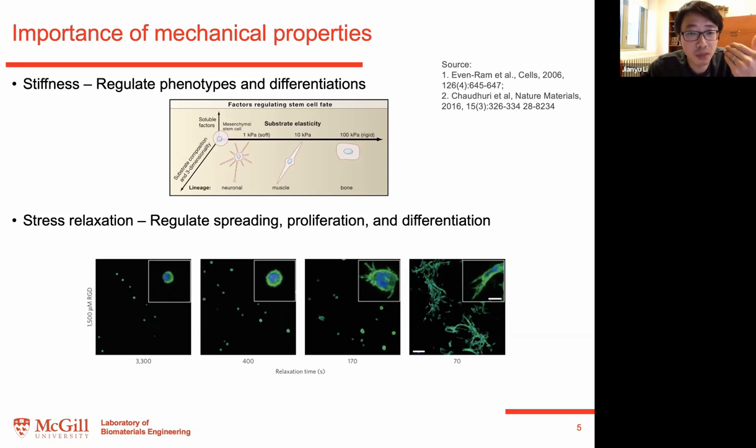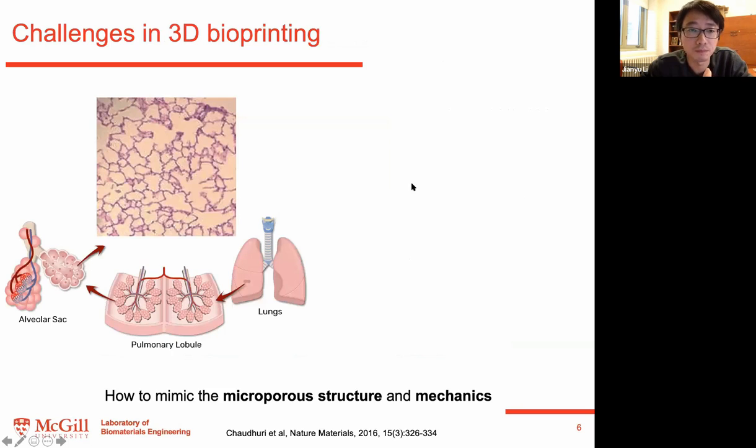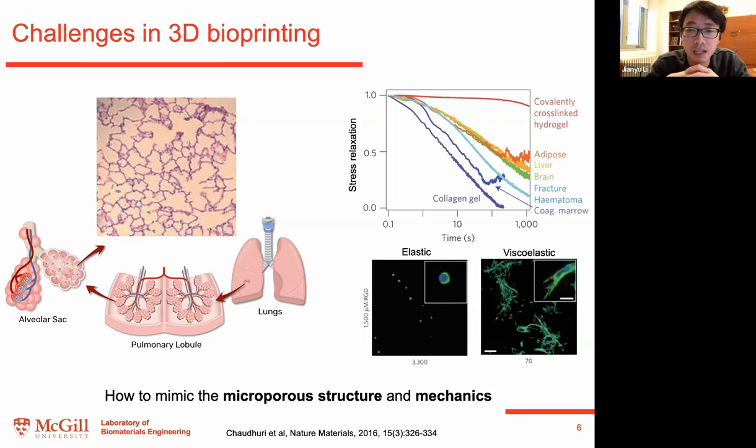Those kinds of mechanical properties have been shown very recently to regulate the spreading, proliferation, and differentiation of different kinds of cells. In terms of microstructures, a lot of organs and tissues feature very delicate, very fine structures at the micro scale, right? A nice example here is this areolar sac structure. You can see a lot of micro-scale little pockets to hold the air, enabling this kind of air exchange. And again, the mechanical environment of those tissues is so important to regulating the activity